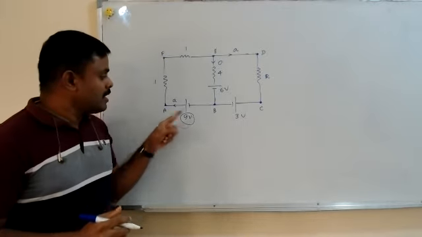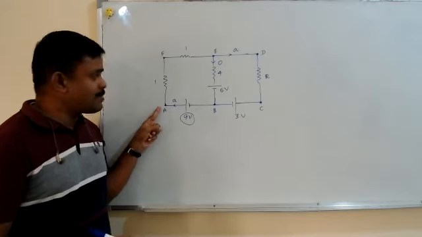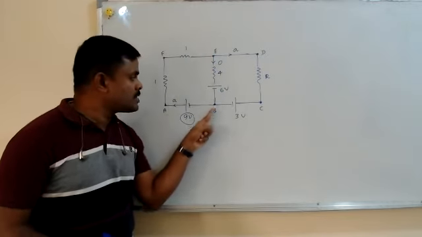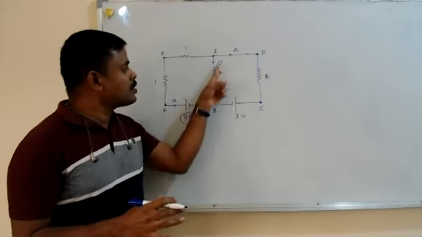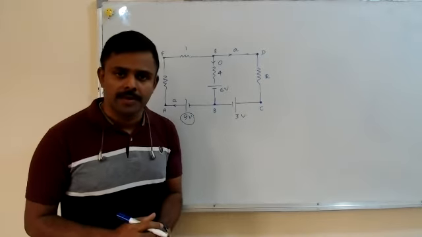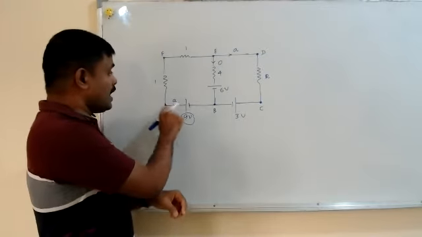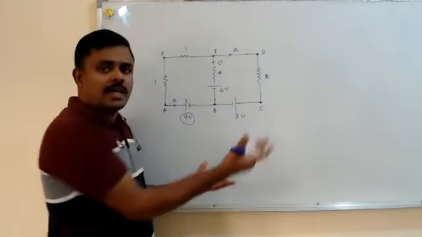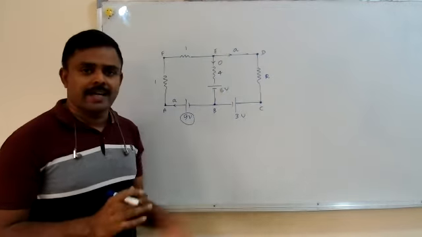So I have done my current distribution. Let me repeat. The largest cell's positive is sending out a current A. I'm just following the current. As I reach here, one part flows downwards, which is 0, because in the question they say the current through 4 ohm should be 0. And what is going to the right now? A was coming here, out of which 0 went this way, so the rest must be A. So I have done my current distributions.